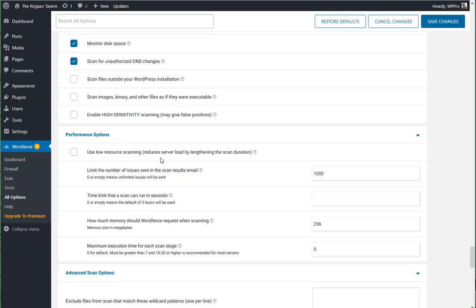Use low resource scanning. Now this is the one that you have to use when you are on a low resource server such as Bluehost or GoDaddy or somebody else. What it does is it limits the number of times, how long the scan can run, everything else. So this is kind of an iffy kind of thing. Another one that's